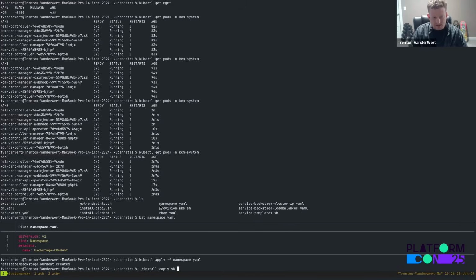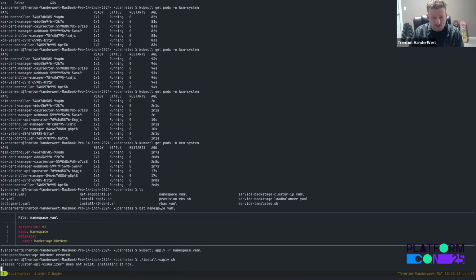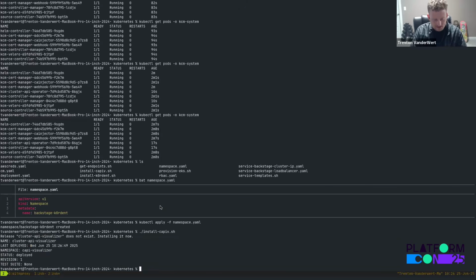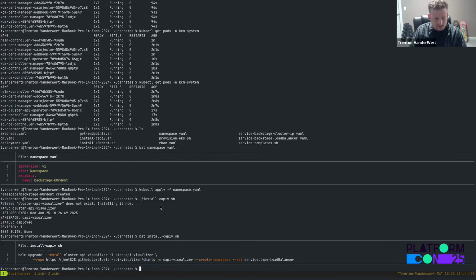I just put this in the install capev sh script, so we're on the same page. What that is, it's just another Helm install, but it's going to pull from this repository. It's going to create the cape visualizer namespace, and then create a service type load balancer in this cluster too, and we'll see how that's exposed here in a minute. But once we have all that in play,